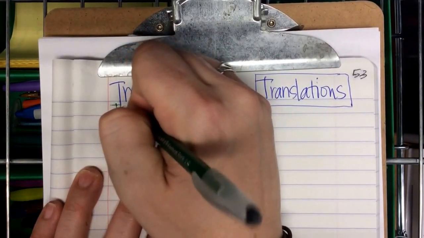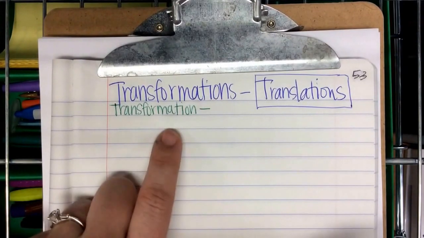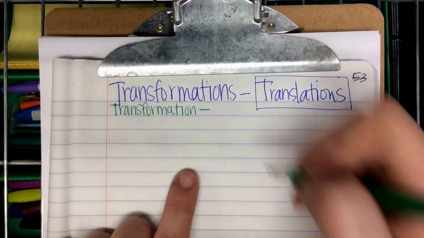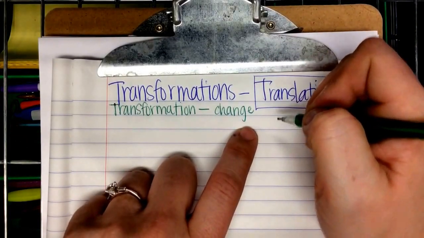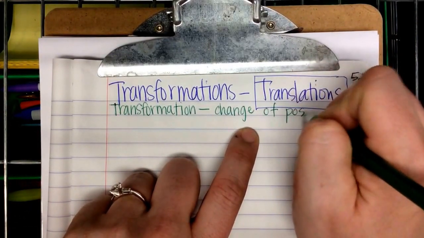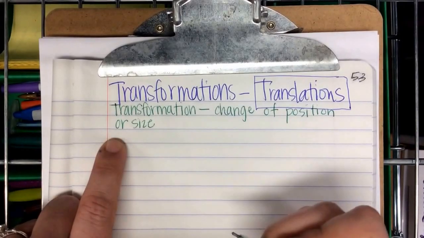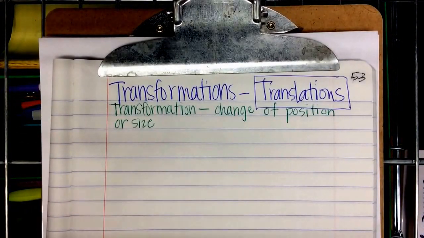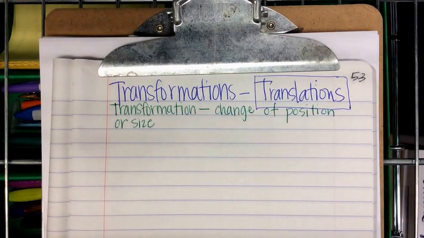So Tommy told us that a transformation, the main idea is when you change something. But because this is in a graph, it's a change of position or of size. A transformation is when you move it to a different location, you change its location, its position, or you change the size of it. You can enlarge it or reduce it. A transformation is a change of position or size